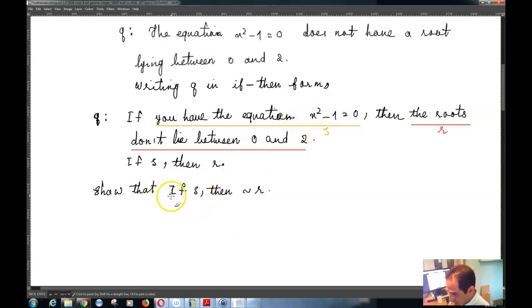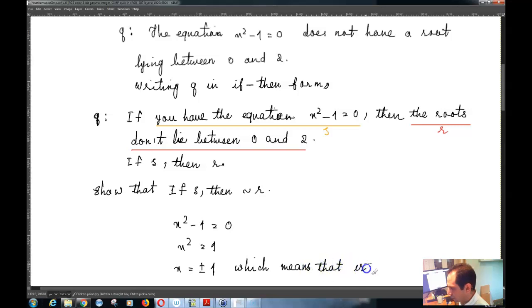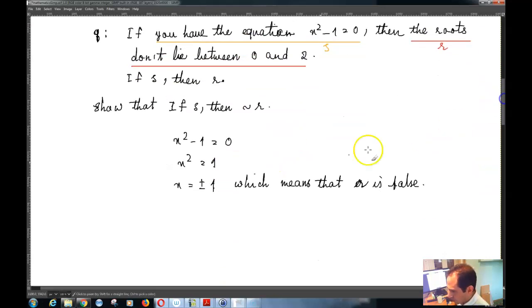So when I say if S, what that means is that S is true. So if S is true, that means that you can write x squared minus 1 is equal to 0, and then x squared is equal to positive 1, and then x is equal to plus or minus 1, which means that R is false, because positive 1 is actually between 0 and 2. Therefore we have shown that if S, then not R,